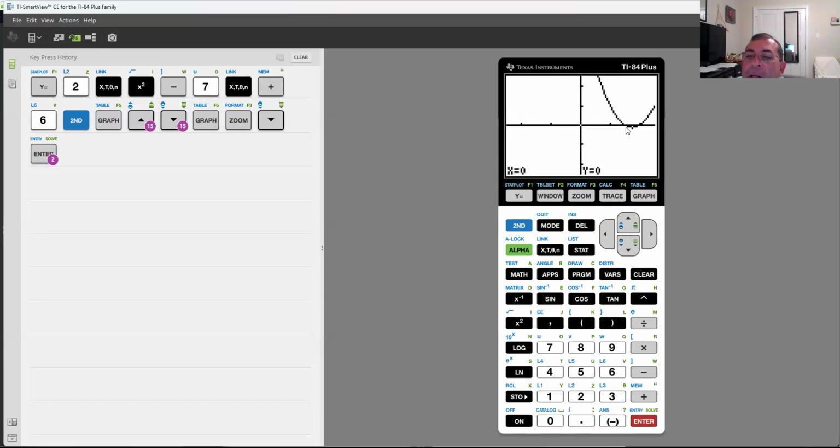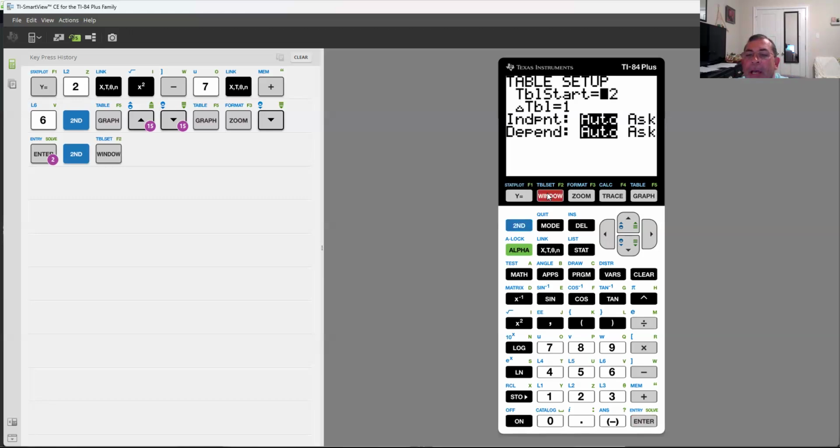All right, so when I zoom it in, you can tell on the right side, that's going through 2. But there's another point on the left side. I can't tell what that is because that's in between 1 and 2. So I'm going to hit this blue second button and the window button to go to table set. Down here on the triangle table, I'm going to change that to 1/2. So remember, you always make a fraction. If you got a number in the front, the denominator will always be that first number. So now when I go to my table, second graph,